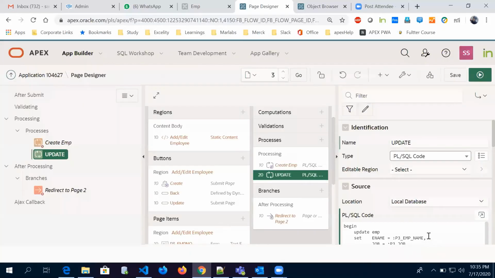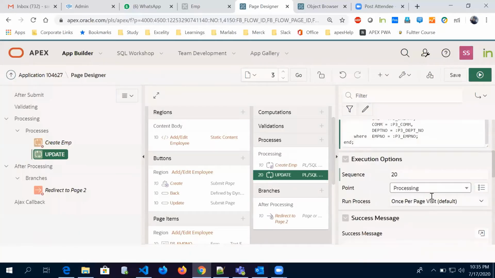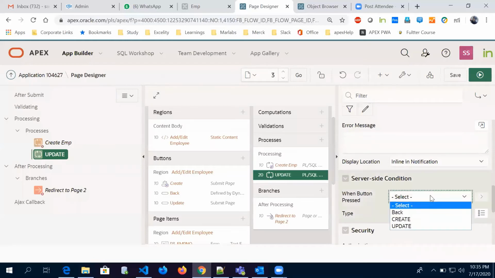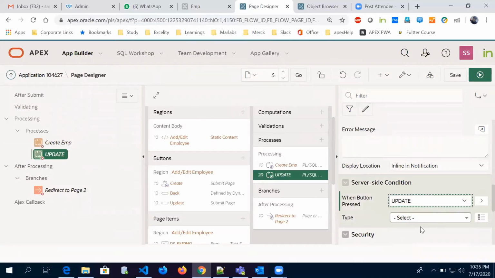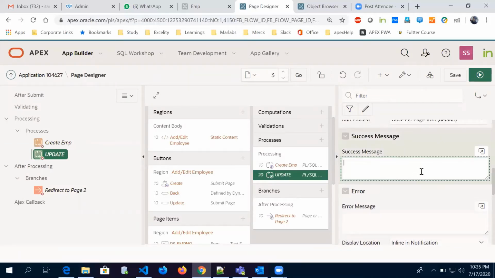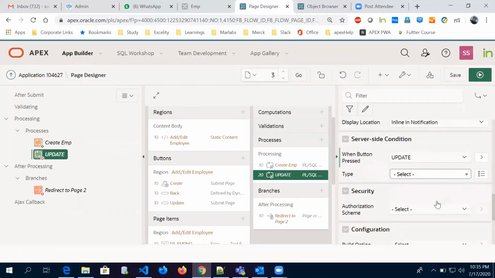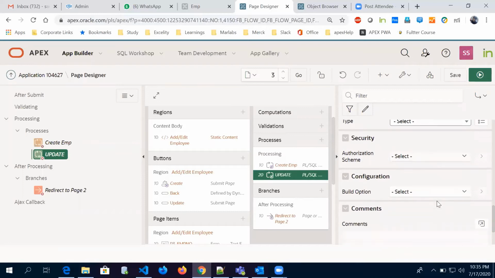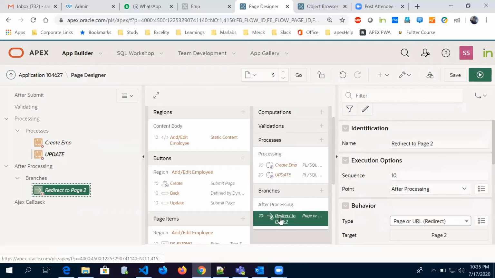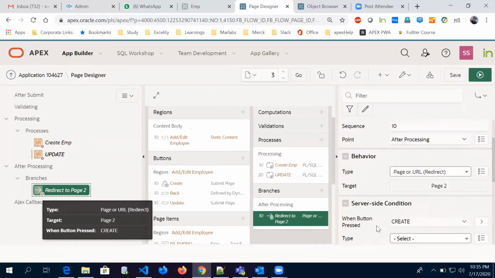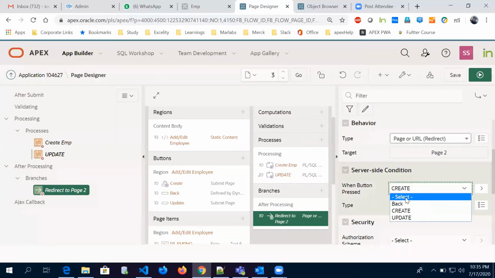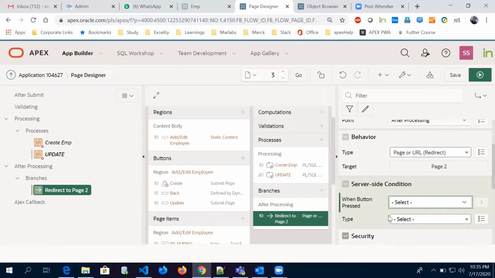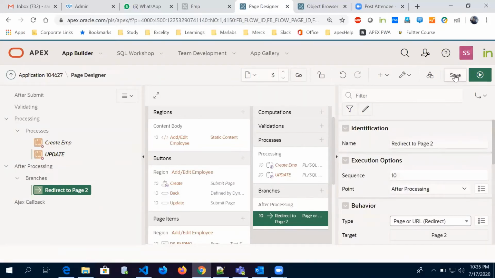Okay. I want this process should only run when update button is clicked. So I have mentioned as clicked. Success message will be updated. Okay, I'm just giving success message here like that. Okay, and I want this should get performed branch. So I don't want this branch to be conditionalized on any condition. This branch should work actually. Okay, so now save it,